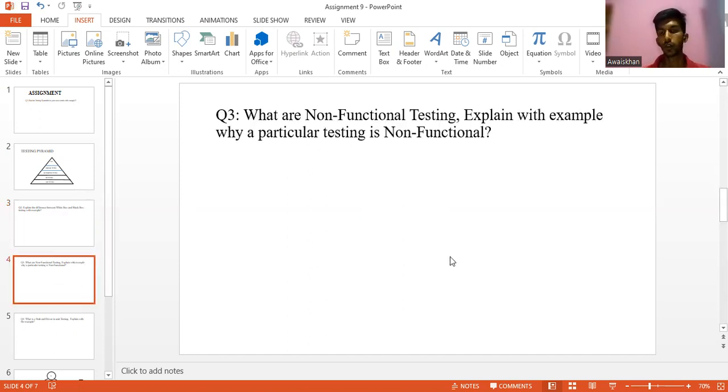Then the third question: what is non-functional testing? Explain with an example why a particular testing is non-functional. Non-functional testing is also a testing where we check an application. For example, if there is a Facebook application which is created by some team, they will perform non-functional testing, such as checking whether the application will handle